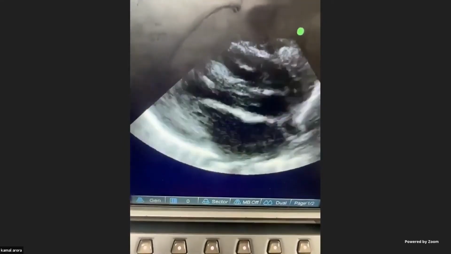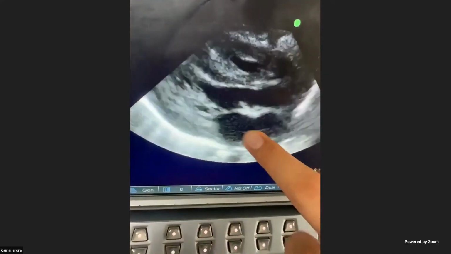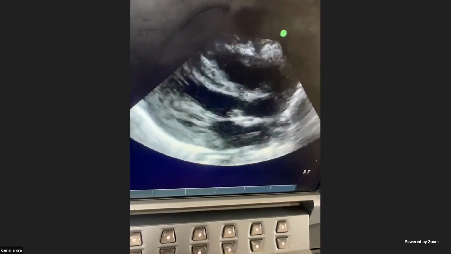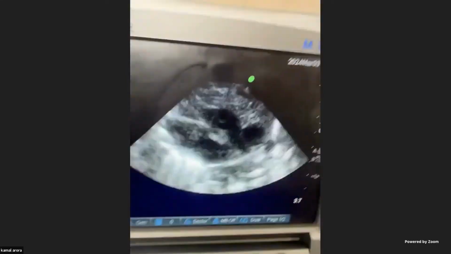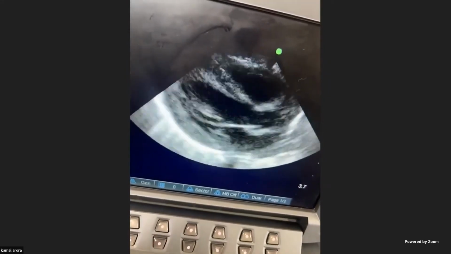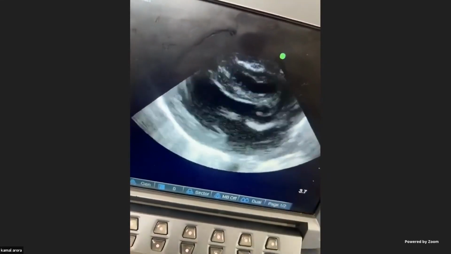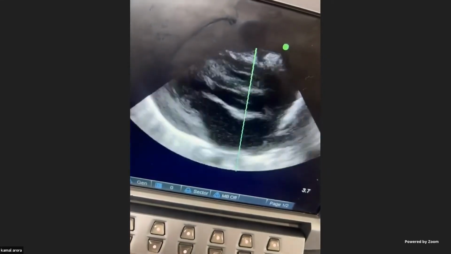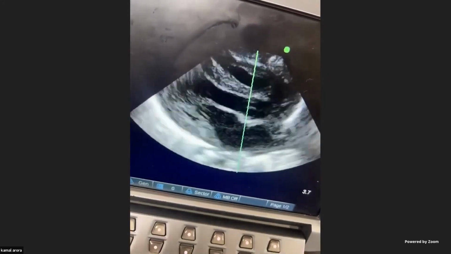We are in the parasternal long axis view. We have the same view. This is the aorta. This is the LA. By eyeballing, what you see is this is the aorta, this is the LA, and the LA seems to be bigger than the aorta. Once you put the M mode just where the valves open,